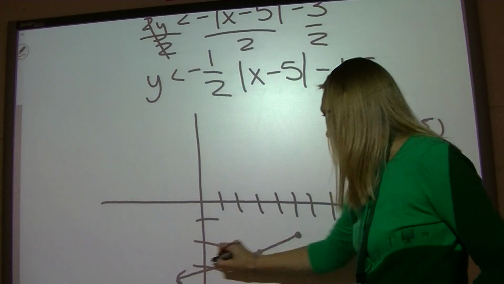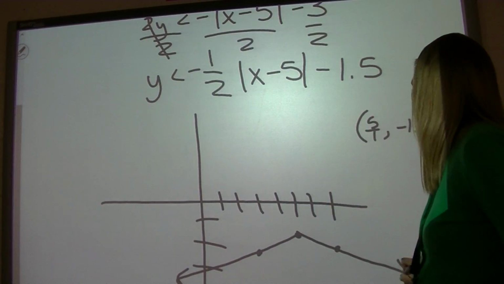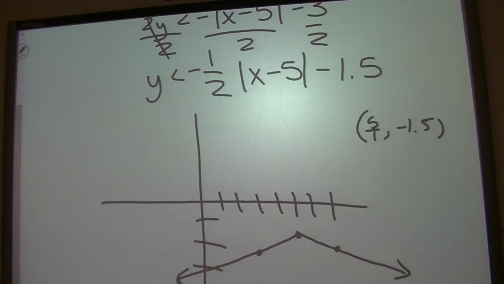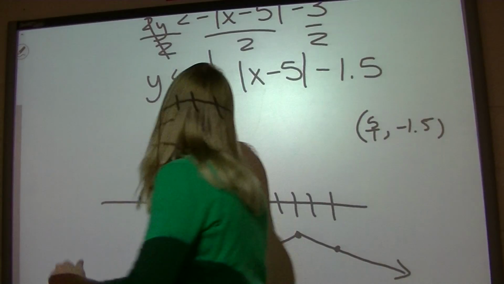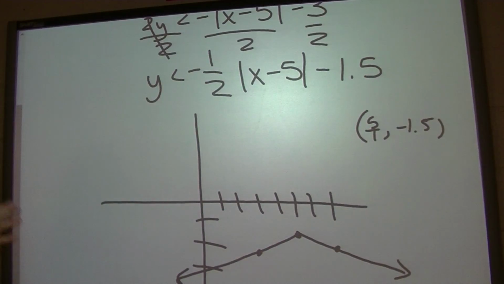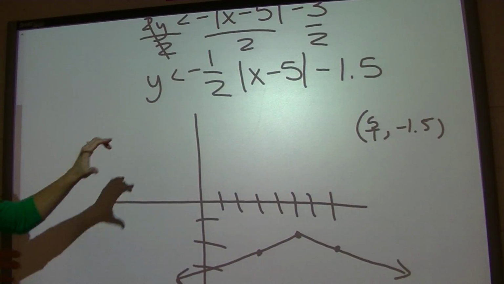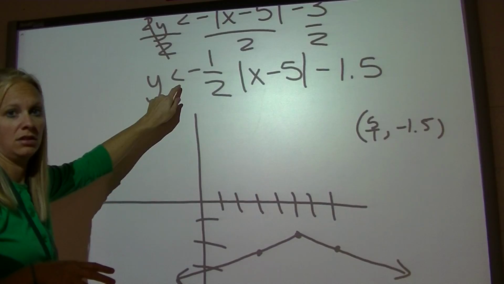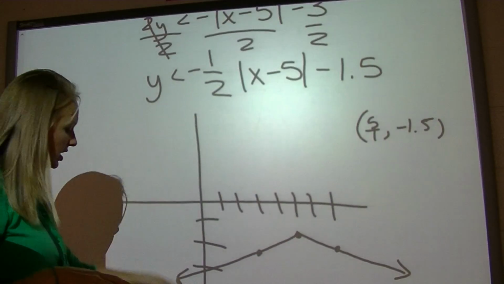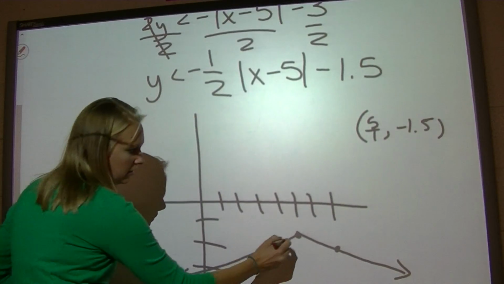So you should see that this stretches. Okay, advanced students, it stretches like it should by a factor of 1/2. All right, so we have that graphed. And now I do have an error though, and I kind of did it on purpose because a lot of people are going to make this mistake. This is only less than, so I should not have a solid line. My boundary line needs to be